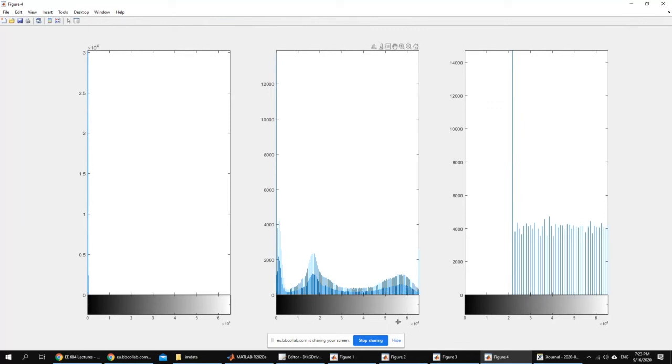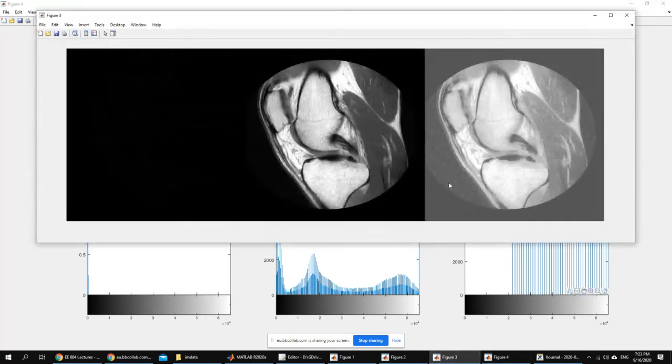Basically here the range is exactly the same, but what the histogram equalization did was try to make the grayscale levels have exactly the same number of points. So it modified the grayscale values inside the image. If you look at the image again, it is different because here, as you see, instead of having the